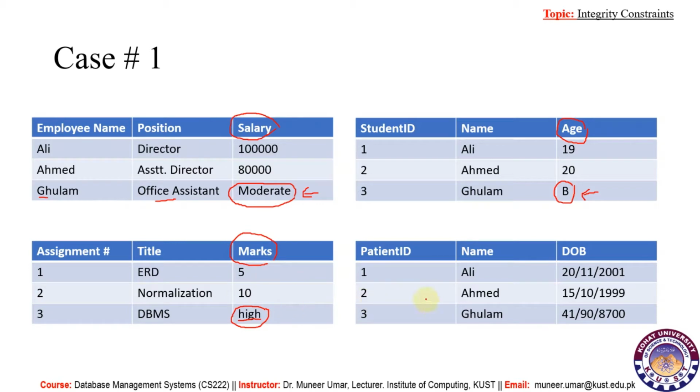In the last table we have date of birth. If you look into the last entry in this table, this date is invalid or incorrect because we don't have these values in dates. So we must say that the date of birth must be in date form, so we can assume that this must have been typed incorrectly by the operator.